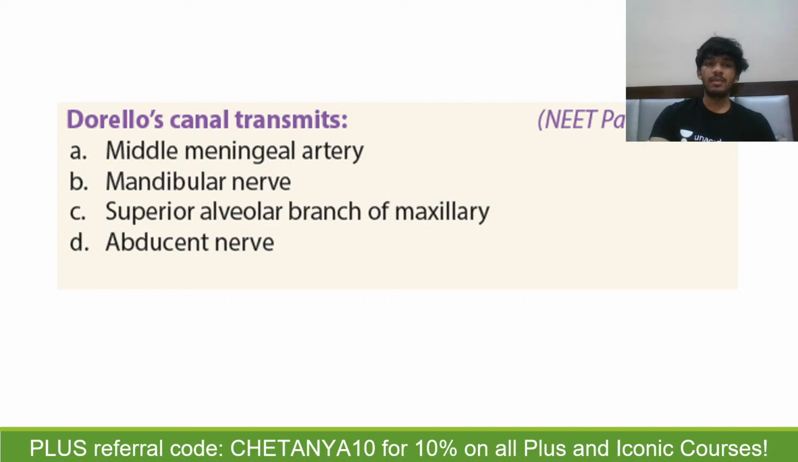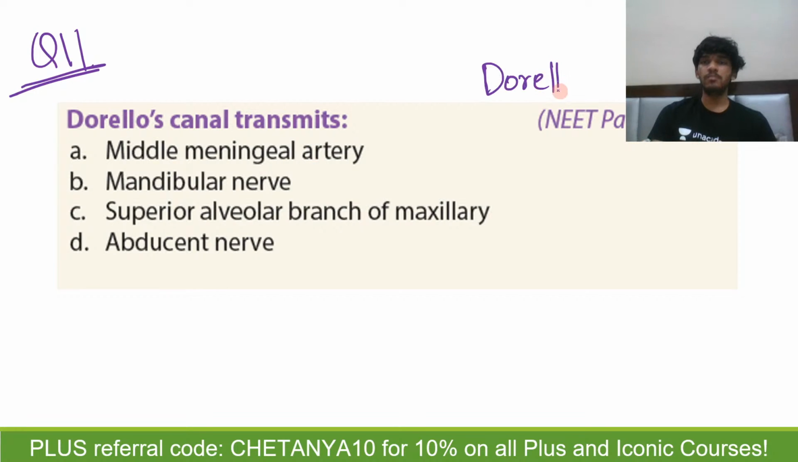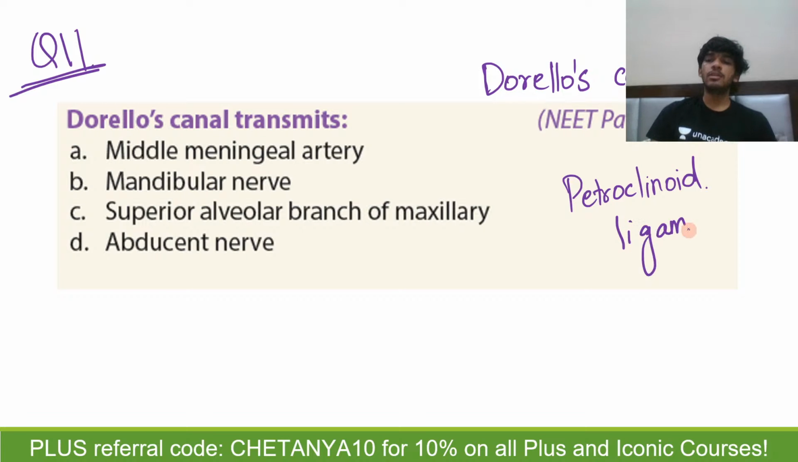ठीक है. अब ये क्वेश्चन मैंने बेसिकली कल कराया था जब मैंने abducens nerve का पाथ बताया था. तो Dorello's canal, what does it transmit? First of all, you should know what the Dorello's canal is. It is basically a folding of the dura mater, right? And it has a petroclinoid ligament. Petrous part of temporal bone और anterior clinoid process से related होता है. Petroclinoid ligament, उससे related एक structure होता है जिसे कहते हैं,